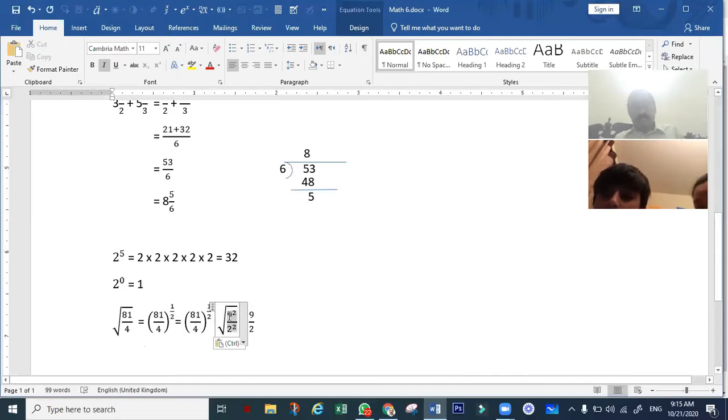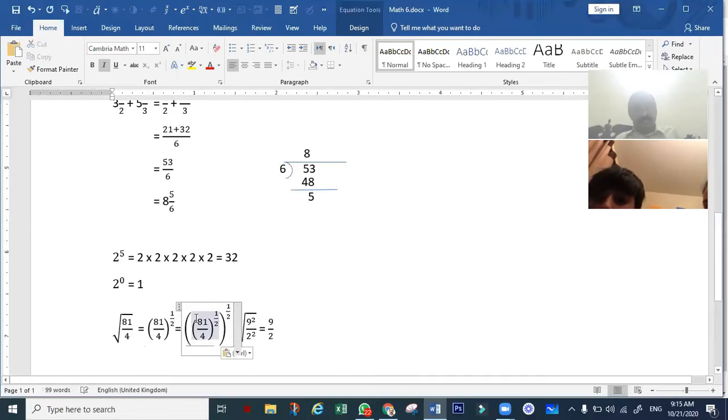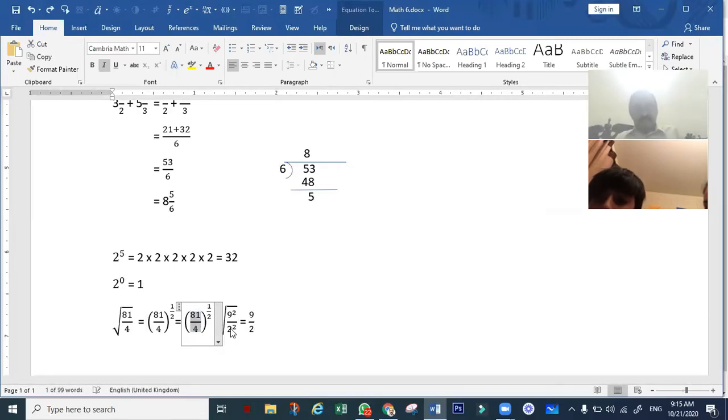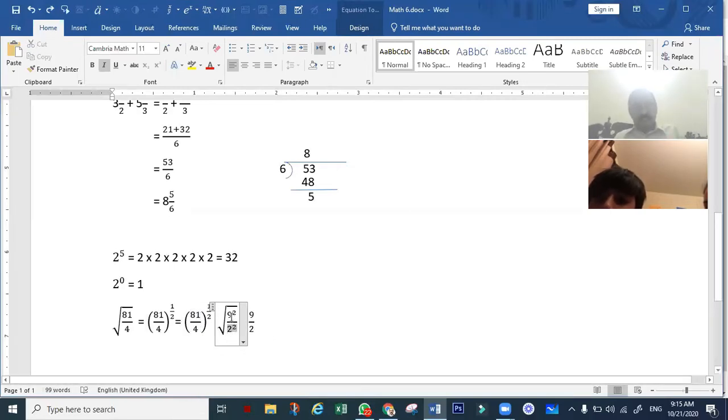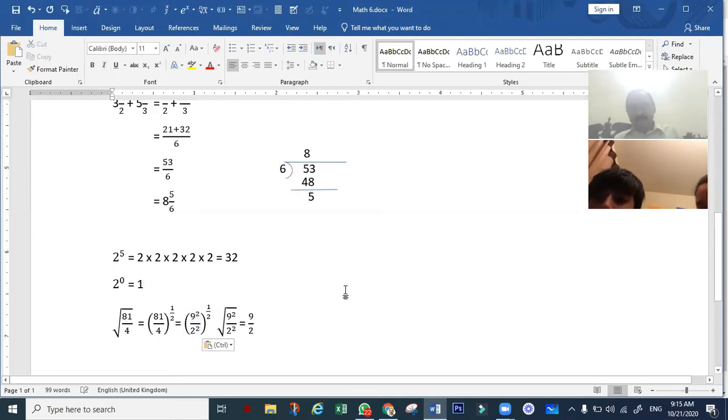It can be written like 9 power 2. It can be written like this. ये देखो, there are two concepts. That is why I'm telling you about that. ये क्या हुआ? ये तो कॉपी नहीं हुआ अभी. ये देखो ऐसे करते हैं ना बेटा, ऐसे ऊपर ले जाते हैं तो ये कॉपी हो जाता है. ऐसे कंट्रोल C मीन्स कॉपी. इसको यहाँ पेस्ट कर देते हैं. कंट्रोल V मीन्स पेस्ट. देखो ये बन गया.